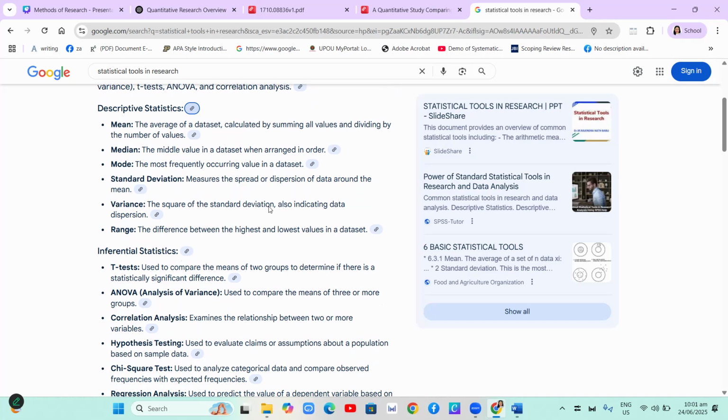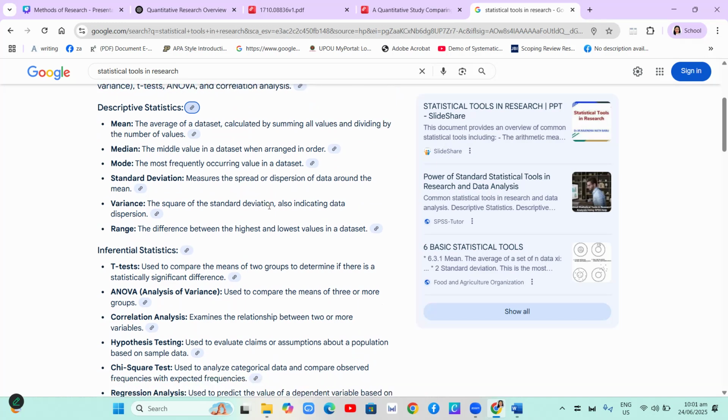Okay, but in college, these are usually the statistical tools used: the mean, the median, the mode, standard deviation, the variance, and the range. So the mean is the average of the data set. Okay, and the median is the middle value, and the mode is the most frequently occurring value.